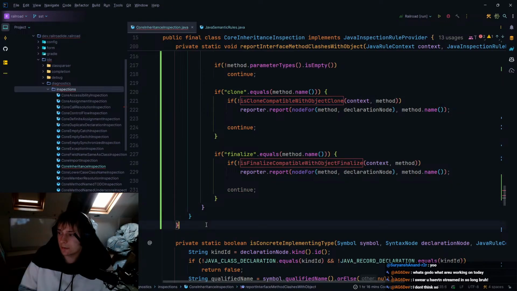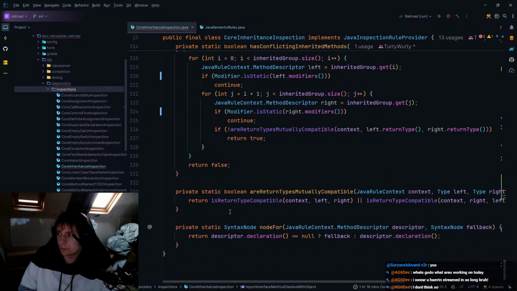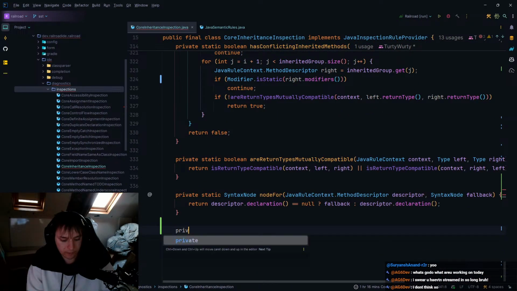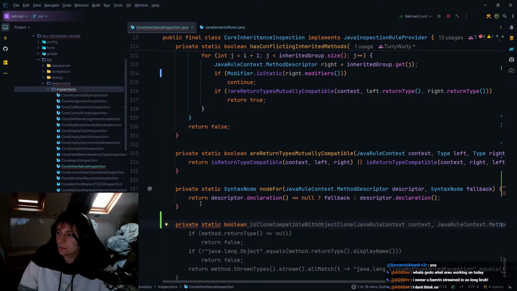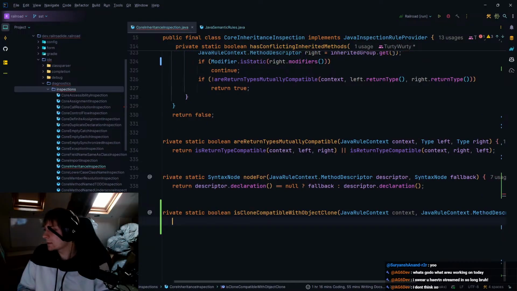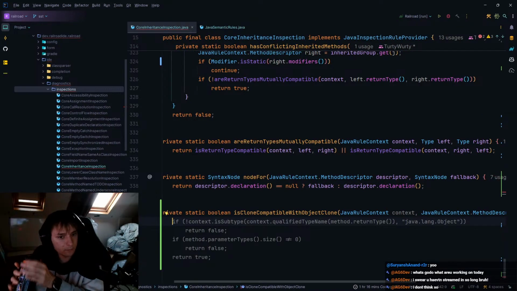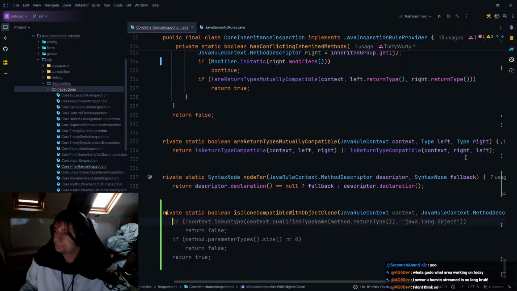Okay, then let's create our is clone compatible shenanigans. So I'll just do that down here. Private static boolean. Okay, we'll get rid of this. Water bottle is in the way. Let's try and find somewhere where it's not in the way. Okay. So